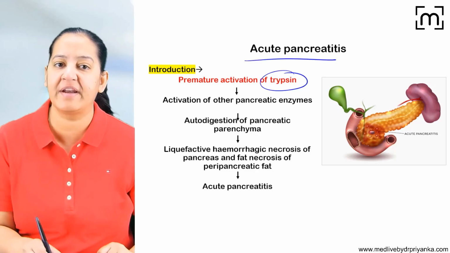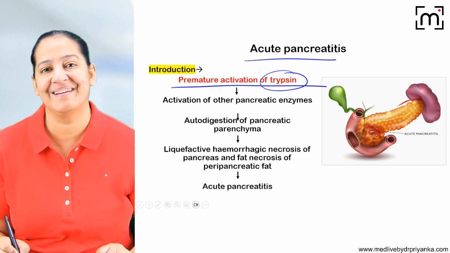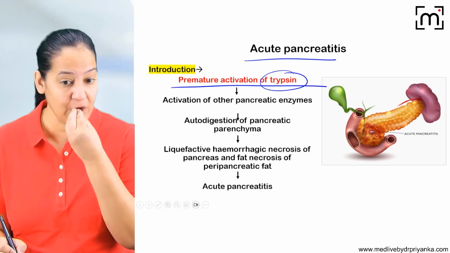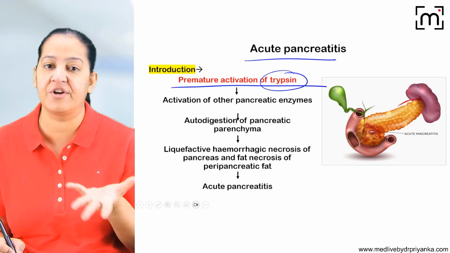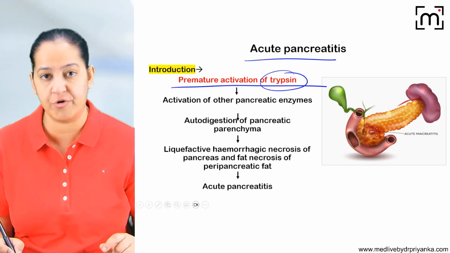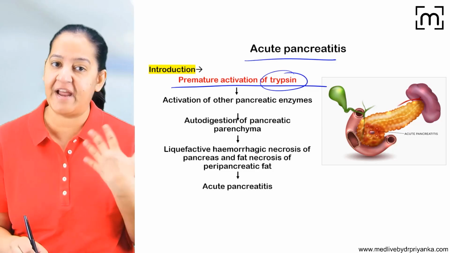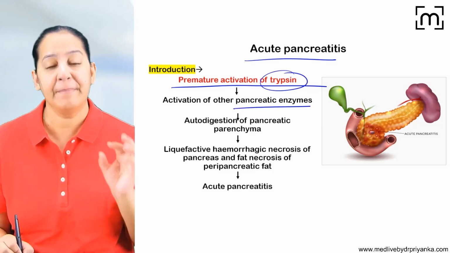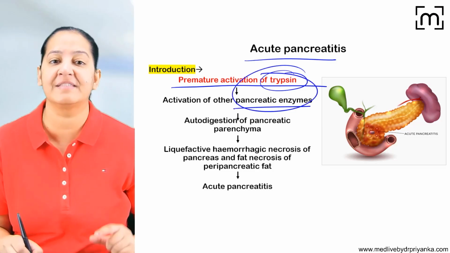But in acute pancreatitis, there is premature activation of trypsin. Even without eating food, the trypsin gets activated. Trypsinogen gets converted into trypsin. Once the trypsin gets activated, it activates all other pancreatic enzymes. Because of activation of all the pancreatic enzymes, there is